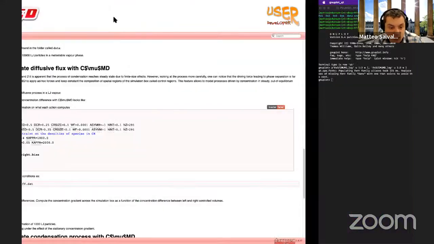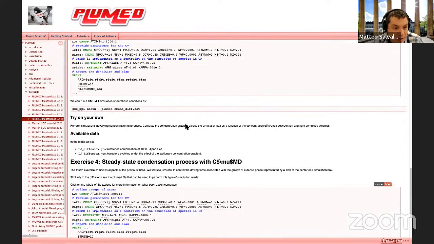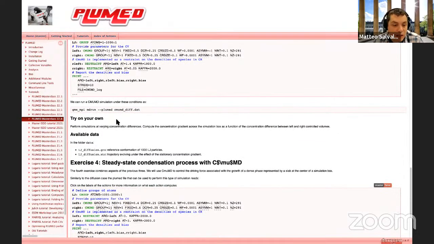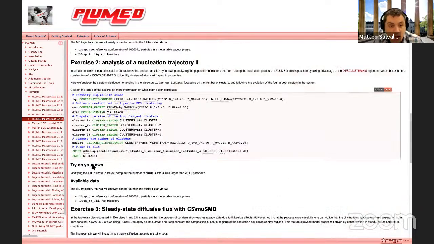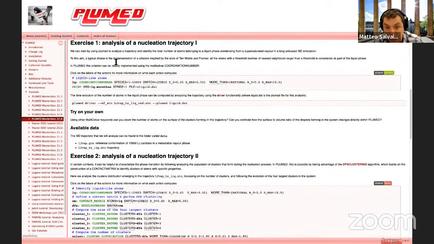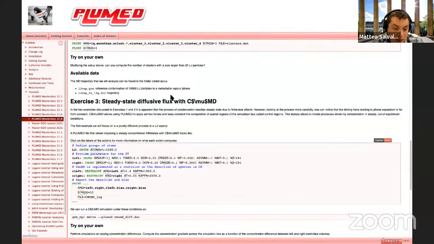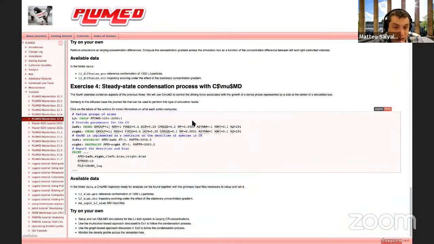Okay, so this is for exercise 3. An additional activity that I was suggesting for exercise 3 was to perform simulations at varying concentration differences and compute the concentration gradient across the simulation box as a function of the concentration difference. Especially in the second part, many ideas related to the use of multi-colvars can become very, very useful. And the final exercise is essentially exploiting a similar idea of using SimuMD to maintain the composition